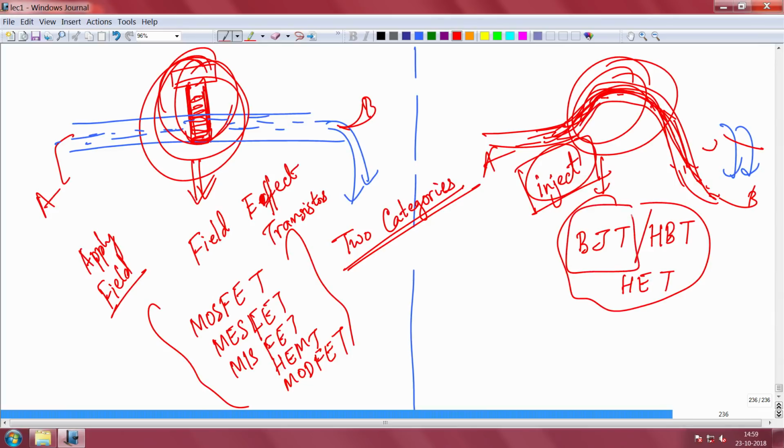We will start with BJT because BJT is more directly related to the PN junction, and because we have studied the PN junction, we will now be in a good position to understand how a BJT can be realized or achieved by using PN junctions to make a transistor. So, this is the basic idea of the transistor, which I hope you are able to follow now.